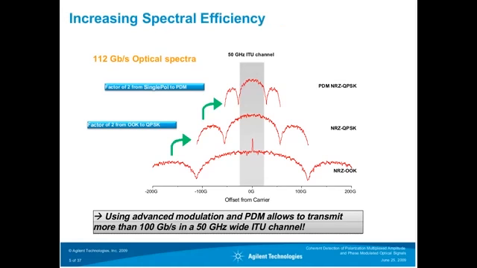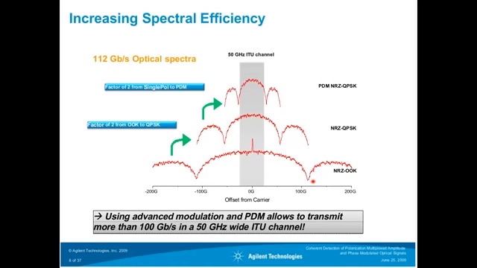If you start out using a classical on-off keying signal, in this case a 112 gigabit per second spectrum centered around the optical carrier, you have a spectrum that's basically 2 times the bit rate of your transmission. So the spectrum is 224 gigahertz wide until you reach the first minimum. Now if you increase the spectral efficiency by a factor of 2, because you're switching from on-off keying to QPSK,